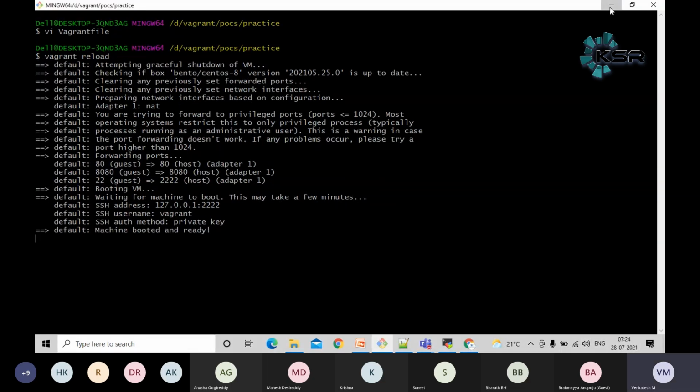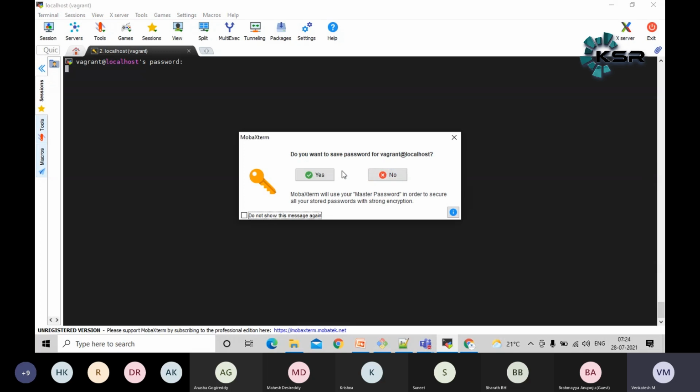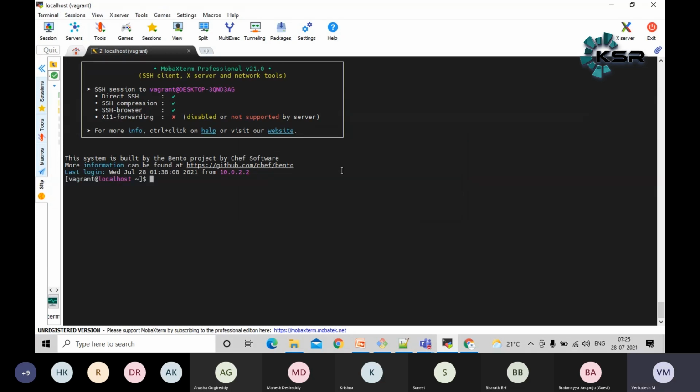Okay, machine is good and ready, right? Let's see. Okay, the session is started. Let me add my password again. If you want to save the password, you can save it, guys, in this tool, MobaXterm. I don't prefer to store it. Okay. Now my Jenkins service got started, guys.